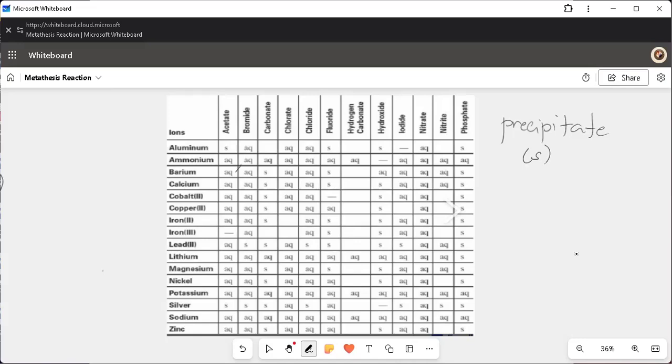Because other charts don't contain dashes. They will really say if it is solid or if it is aqueous. But since we are using this chart, the dash simply emphasizes that there is a double possibility. It can be insoluble, which creates a precipitate, or it can be slightly soluble, somehow mixing with the solvent. In our case, we will consider it as insoluble, meaning it will create a precipitate.